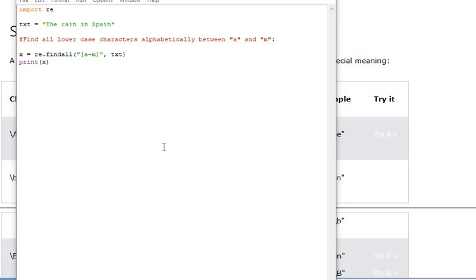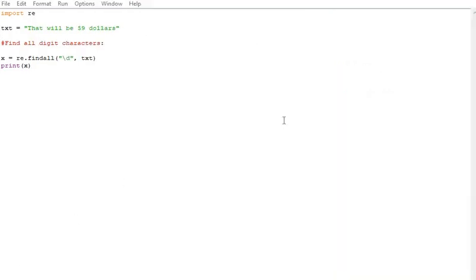So look at this program. So we have txt, re.findall a to m. You are finding all lowercase characters alphabetically between a and m in the concerned text. So the string is the rain in Spain. So look at this program. Find all digit occurrences, all digit characters. If I use slash d,